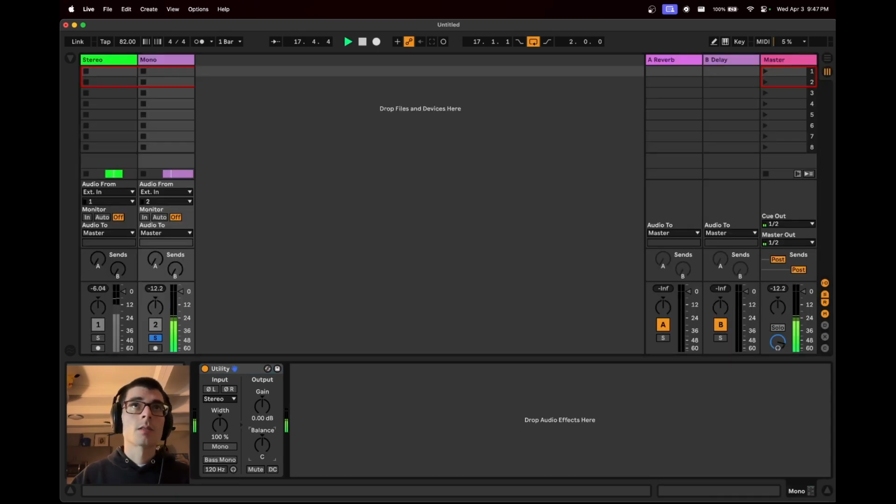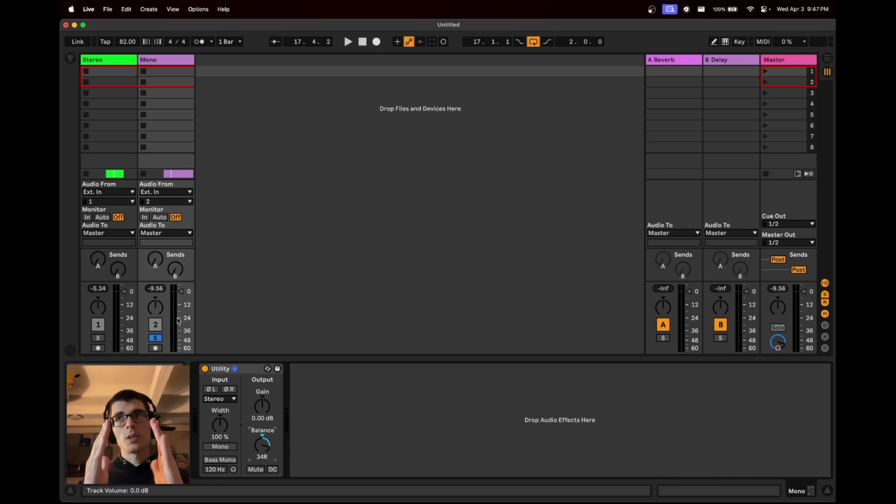And I turned the balance. It sounds like it's coming out of my right ear. It feels like it's coming out of my right ear, but it's actually playing out of both speakers, just slightly louder out of the right versus out of the left, right? But it's playing out of both. That's really important because